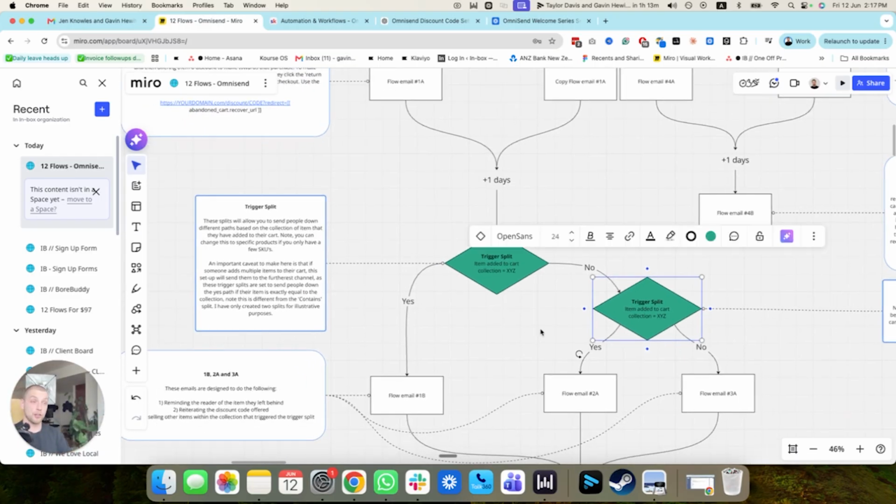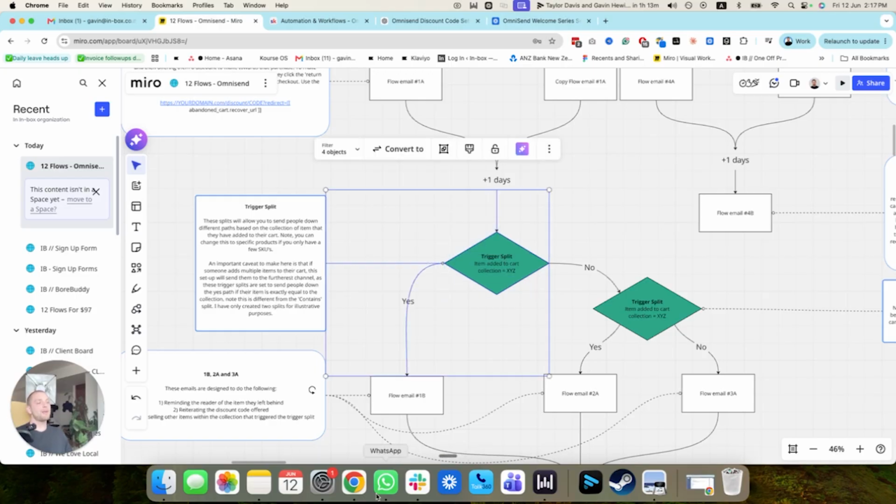Now, the way that I like to do this is I like to pick my 2 best-selling items. If you want to have more splits, you can, but let me make my point. So you want to have basically add to cart splits here. This add to cart split, you're going to have your best-selling. So if the item that they added to their cart is their best-selling item here, basically what you want to do